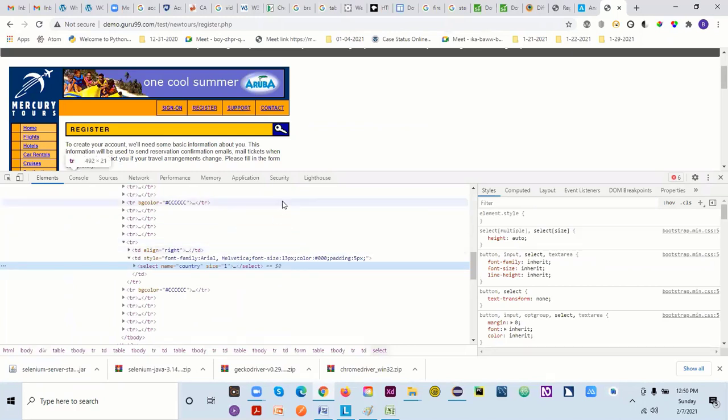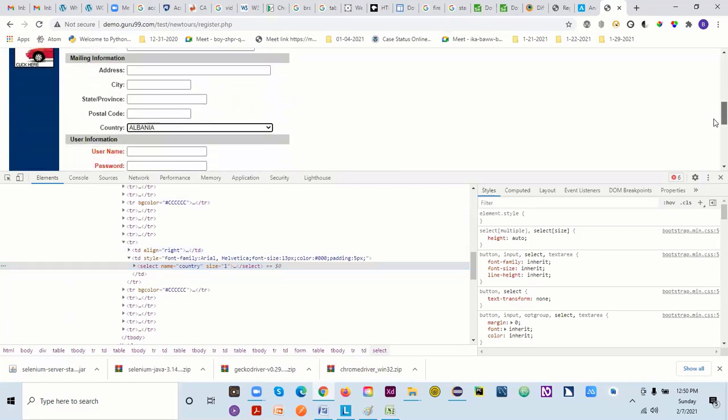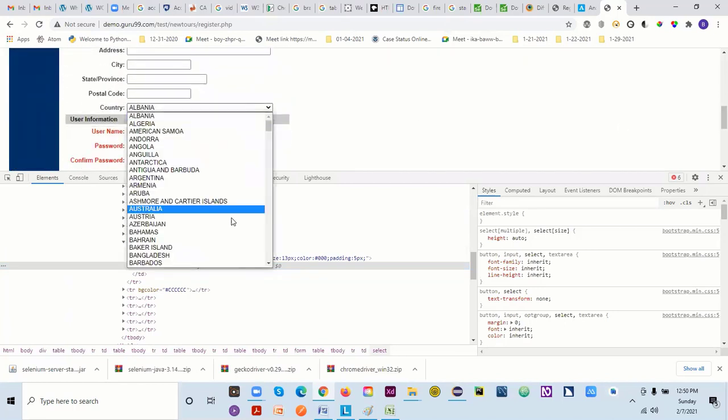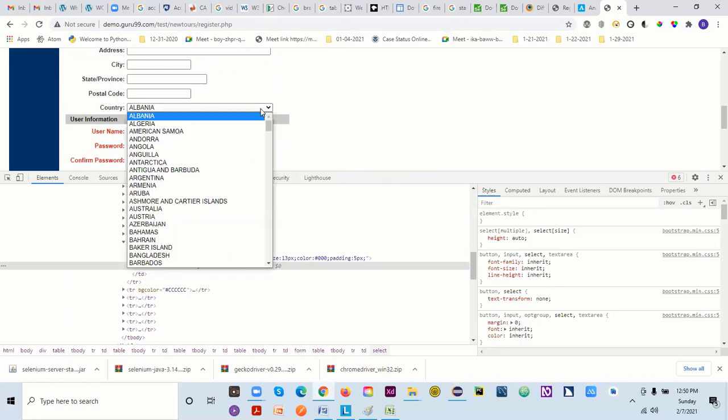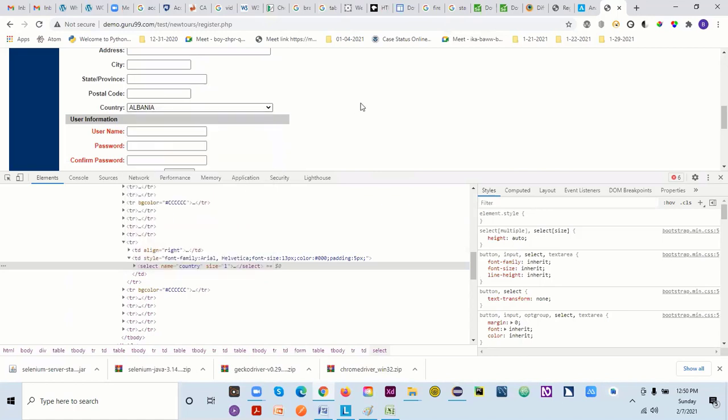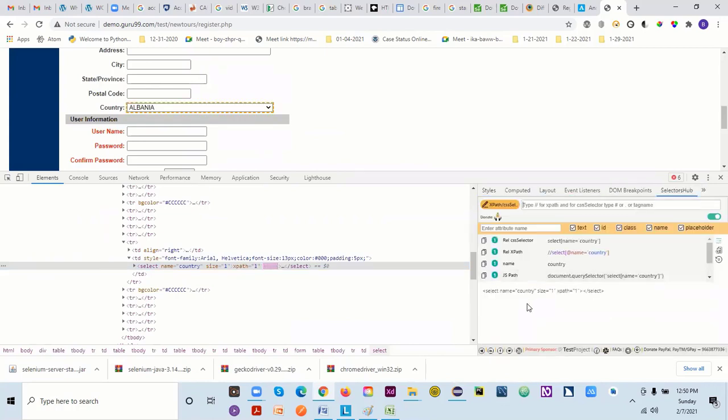Okay, so here let's say, what are the values here? We have different values actually, right, inside it. If I know that there's a value there, I can select it right from here. So I will just capture this. I'll come to my selector hub, and this is my XPath for this. You can use name as well, so that's not a problem. All right, so I'll just copy this one.